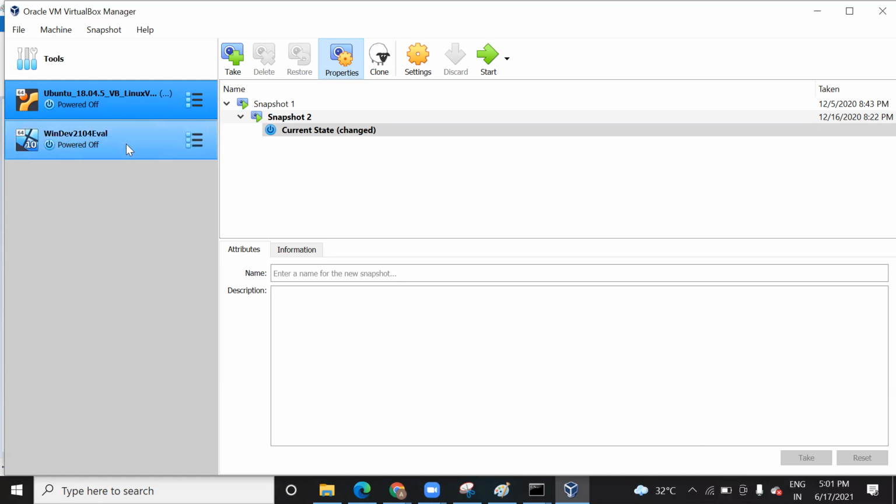That's why I've installed it in this VirtualBox. In this Windows I can do anything, there is no firewall restriction. The interface is also the same, everything is the same, but it is running on VirtualBox, not on my actual host operating system.